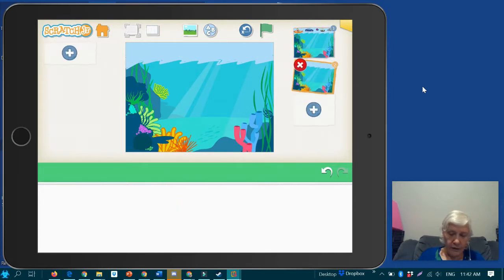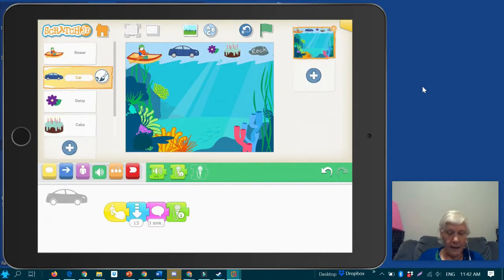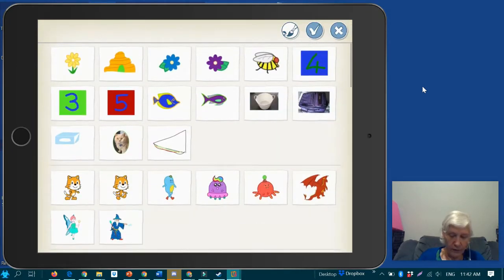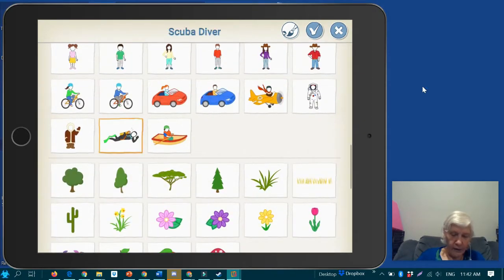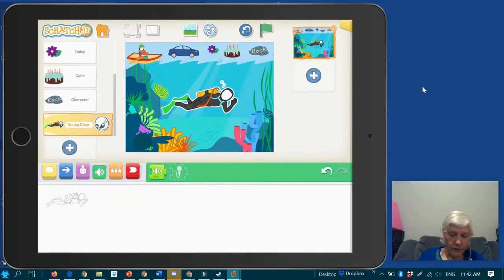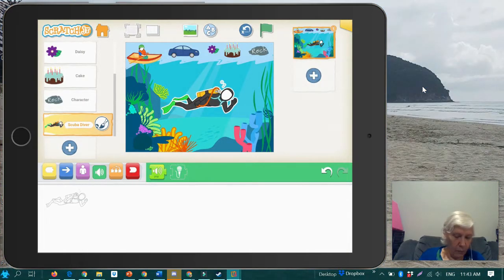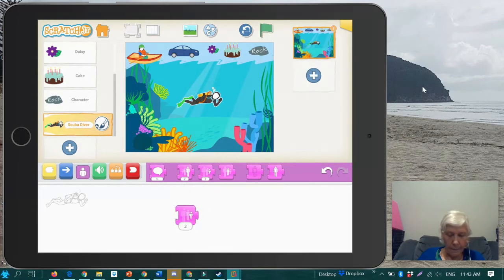So I'm going to delete that second scene. And I'm going to use a diver this time. I could use any character I like, but I think diver seemed to make sense in this context. So here we go. We've got a diver. I'm going to make him a bit smaller using the resize tools in the purple menu. And now I'm going to have him do something on